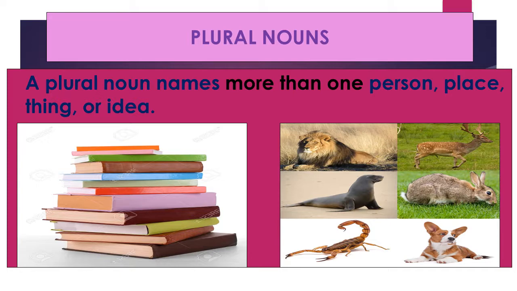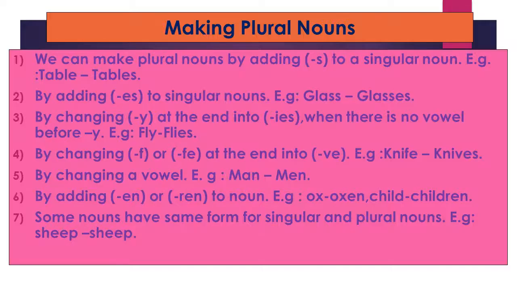So you can see here not one but many books are there. So these are called books. I am not telling book, I am telling books. I am adding an S. That means when there is more than one thing, you call it with the plural marker S, books. Now here a number of animals. Generally for plural nouns, we add an S at the end of the word, children.